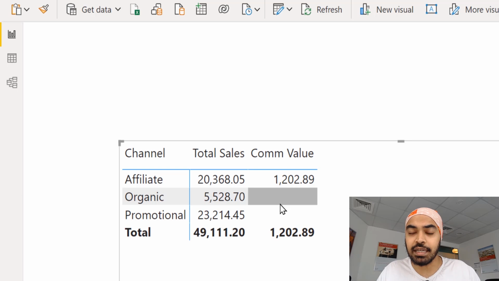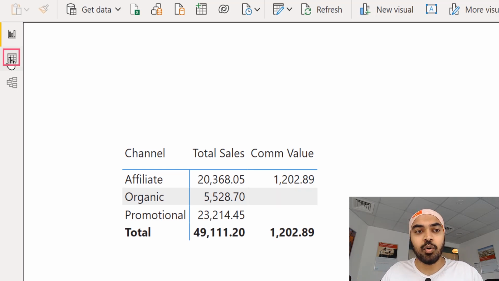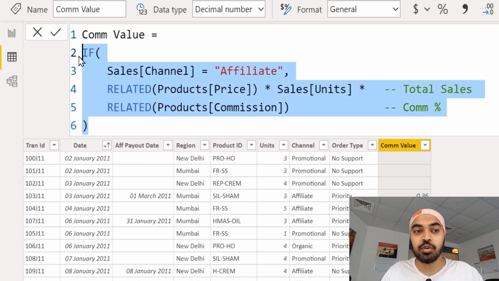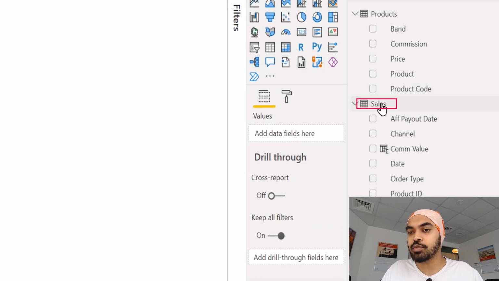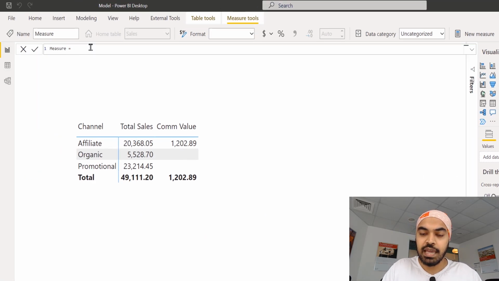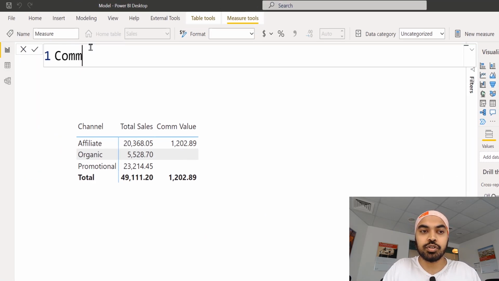to optimize this, and let's start to create a measure in order for us to solve the same problem. Let me go ahead and copy this particular code, because I'm going to use the same logic in a measure as well. I'm just going to copy that piece of code and start to create a measure. So I'm just going to right click on my sales table and say new measure, and I'm going to create a measure. Let's call this measure commission measure, and I am going to paste the same code right